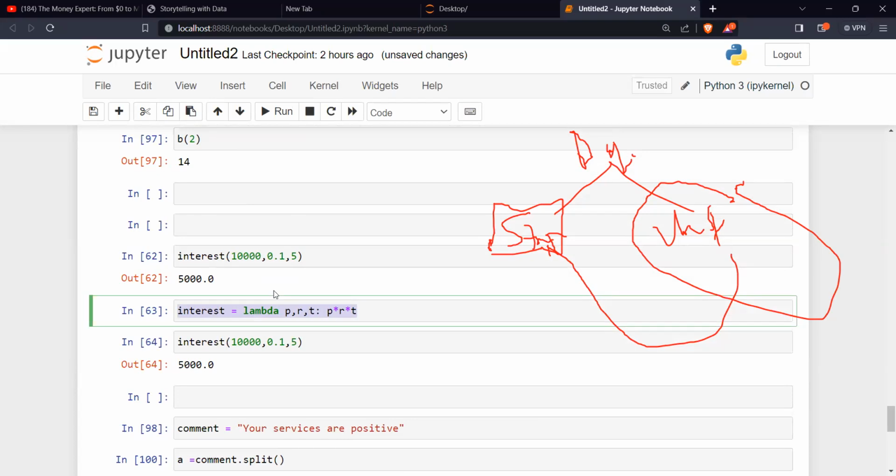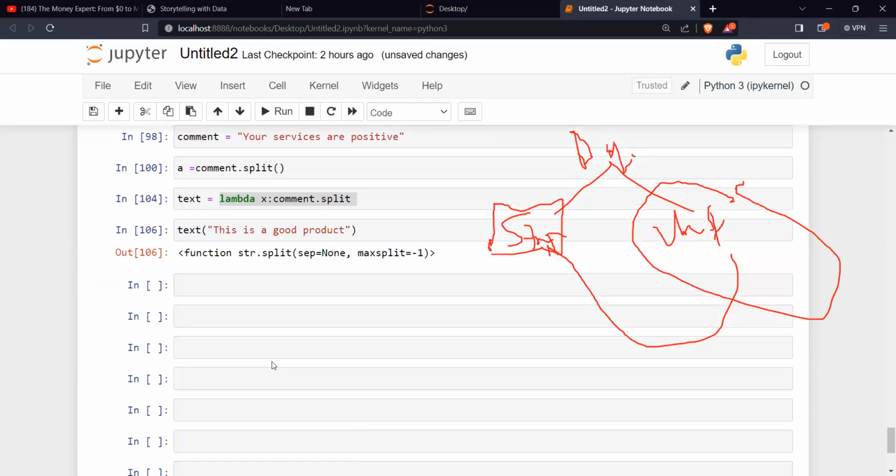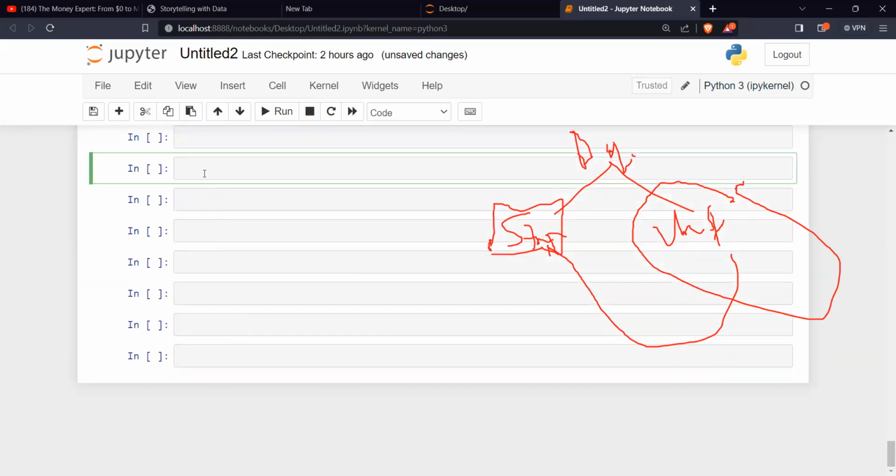Even when we're writing functions, let's say we want to do a calculation of a radius. How do you calculate a radius? Maybe we want to calculate the area of a circle.